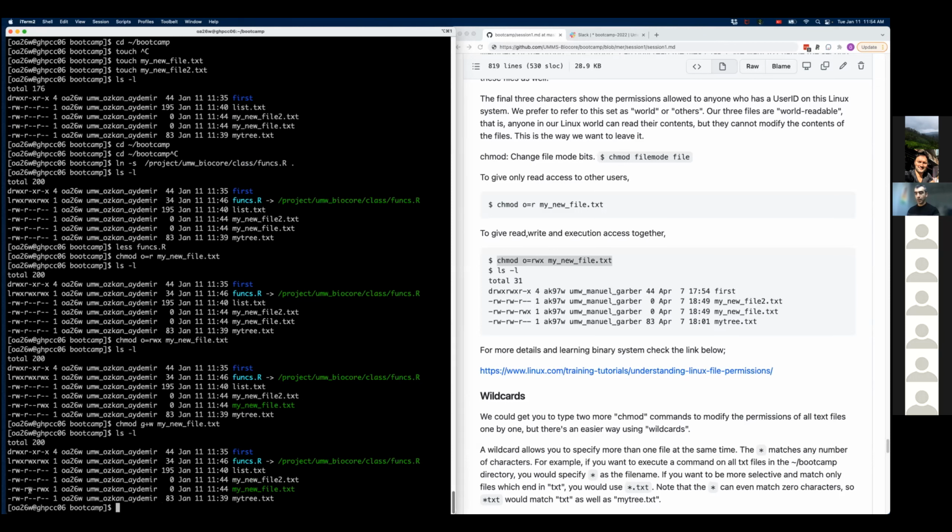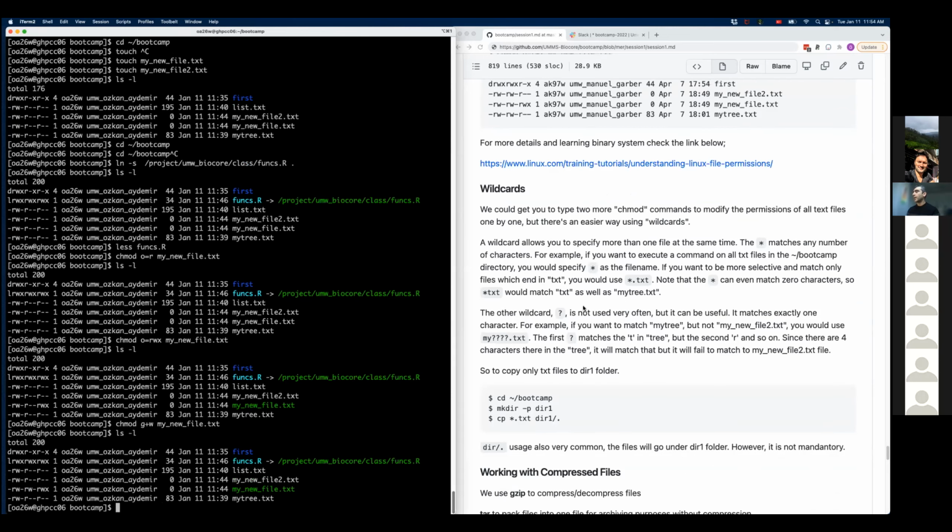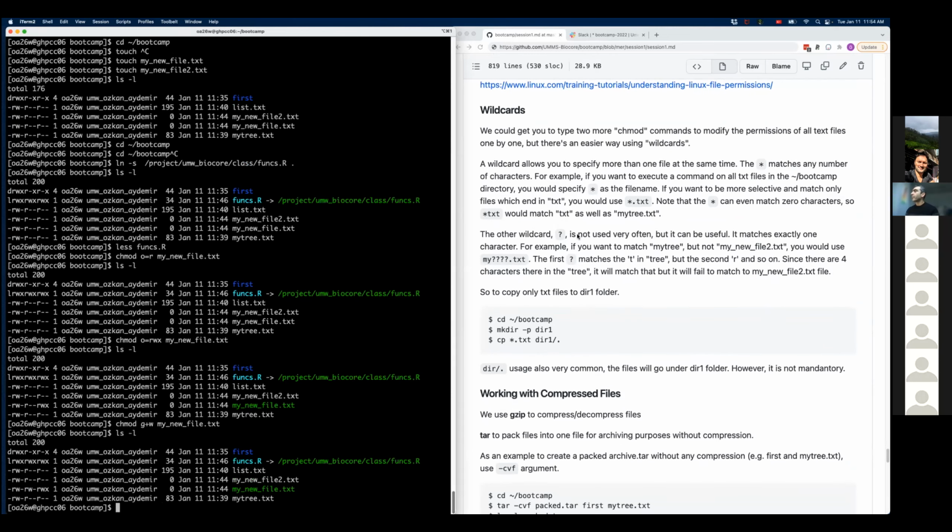Right now, the group also has write permission, for example.